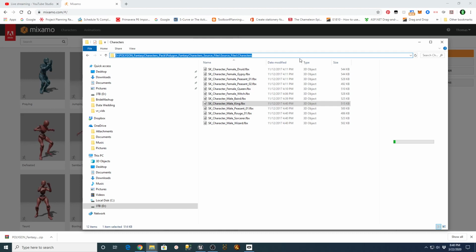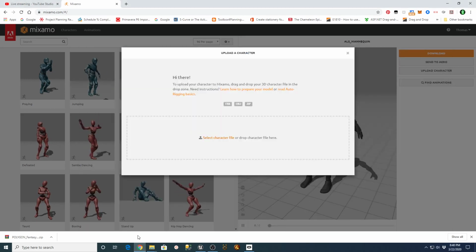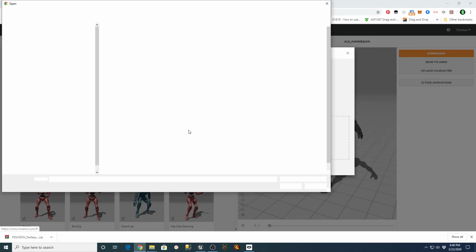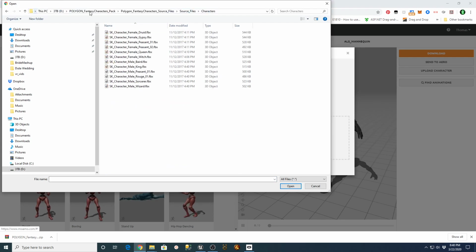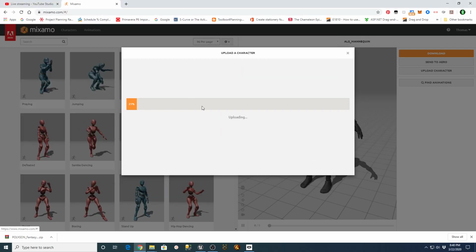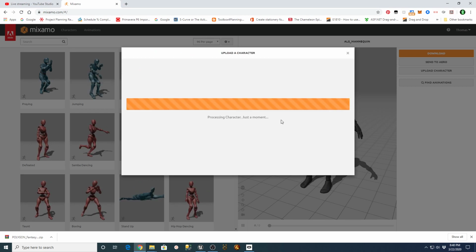So I'm just going to copy the path to that, make it a little bit easier. Go here to Mixamo, say select character, and then I'll just paste that into the browser there and pull this up and find my male king and let it upload that.